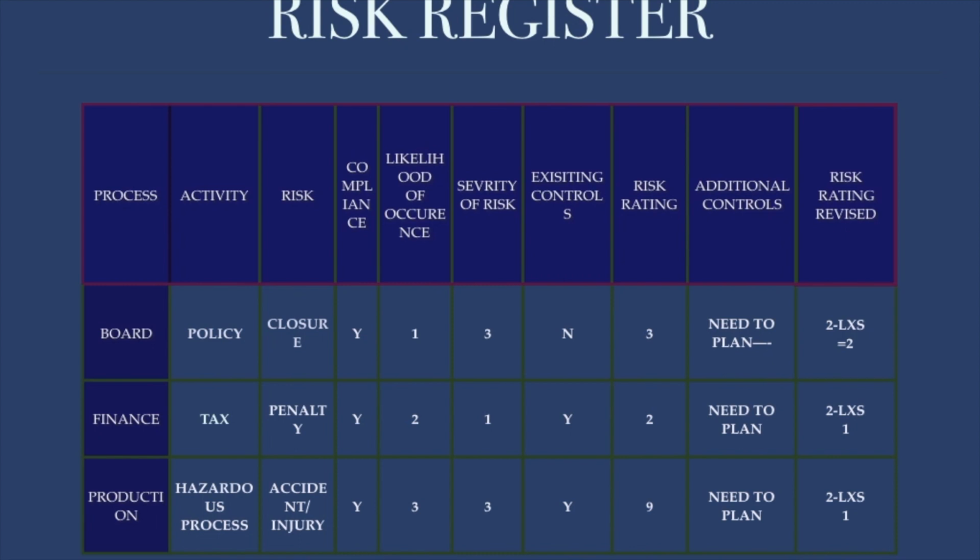Likelihood there could be maybe yearly. The highest one, that is 3. Number 3 is given there. Severity of risk is also 3. Then it becomes 9. 3 into 3 becomes 9. It's the highest risk, and additional controls are required to be designed and put in place to avoid the recurrence of